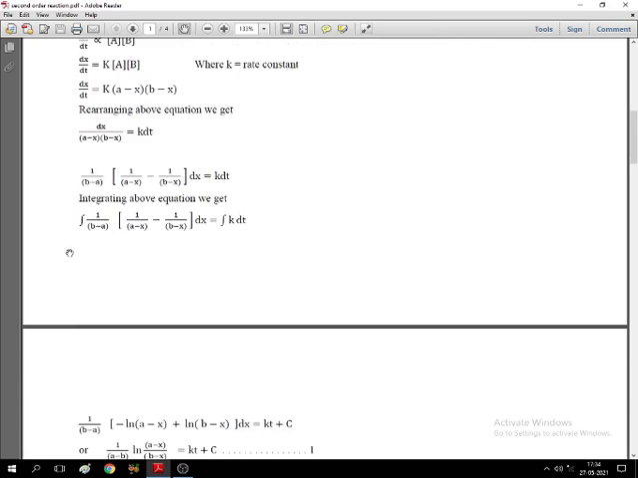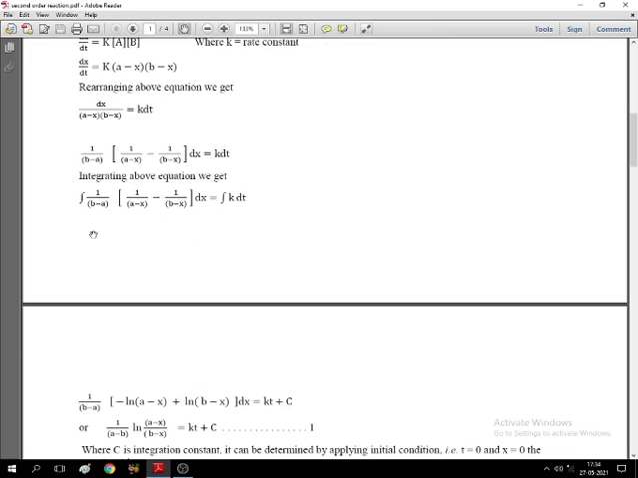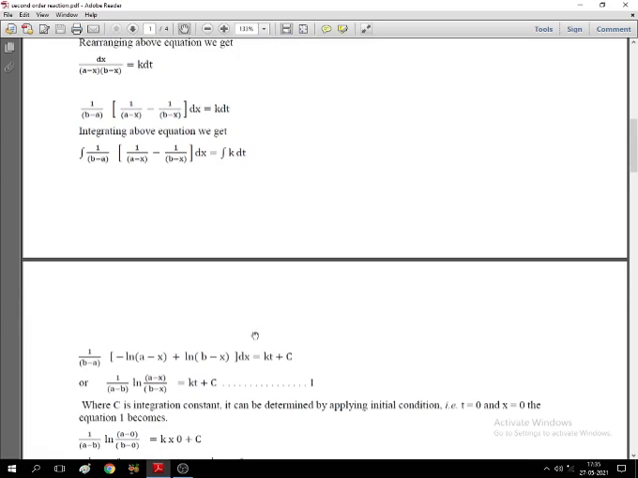dt. Now, in this case A and B are constants, therefore this term 1 upon B minus A remains as it is. Integration of 1 upon A minus X dx will be minus ln A minus X. Now, the integration of 1 upon B minus X dx is equal to minus ln B minus X, and minus minus becomes plus. Now there should not be dx, it came by mistake, there should not be dx because we have done the integration, right? It is equal to the integration of k, which is a constant, as it is dt, integration of dt is t plus